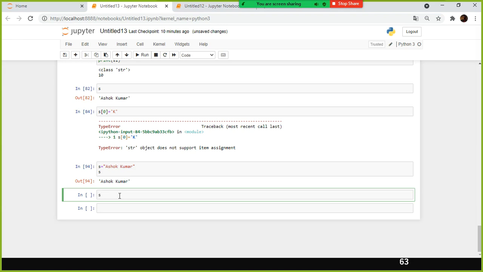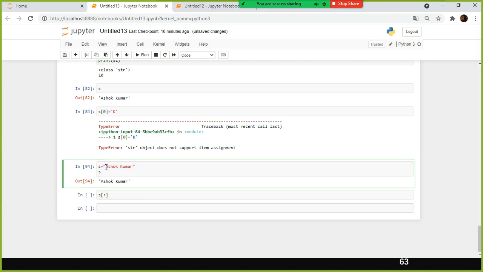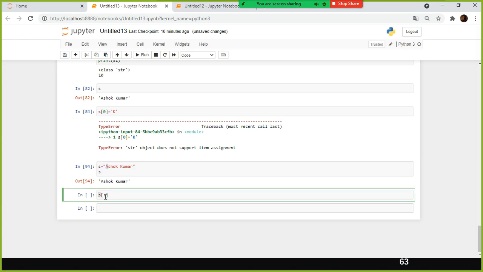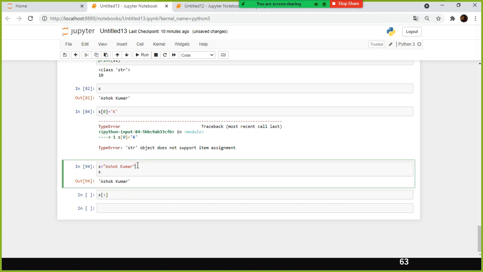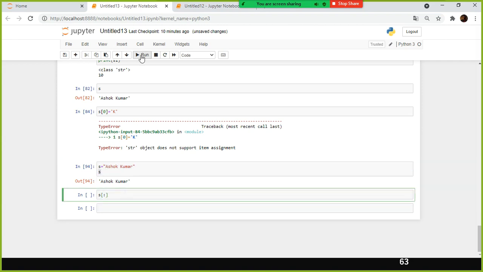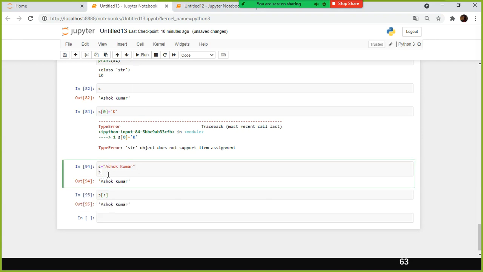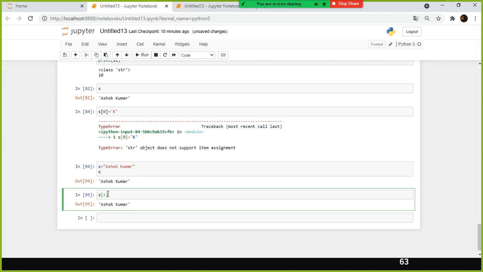And for example, if I don't say anything before and after colon, what is going to happen? Tell me, if I don't specify anything before colon, what will happen? It will start from the beginning, right? If I don't specify anything after colon, it will print till the end. The variable S is nothing but, behind the scene, inside the square bracket, colon: start from index value 0 till the end. That is what it says.